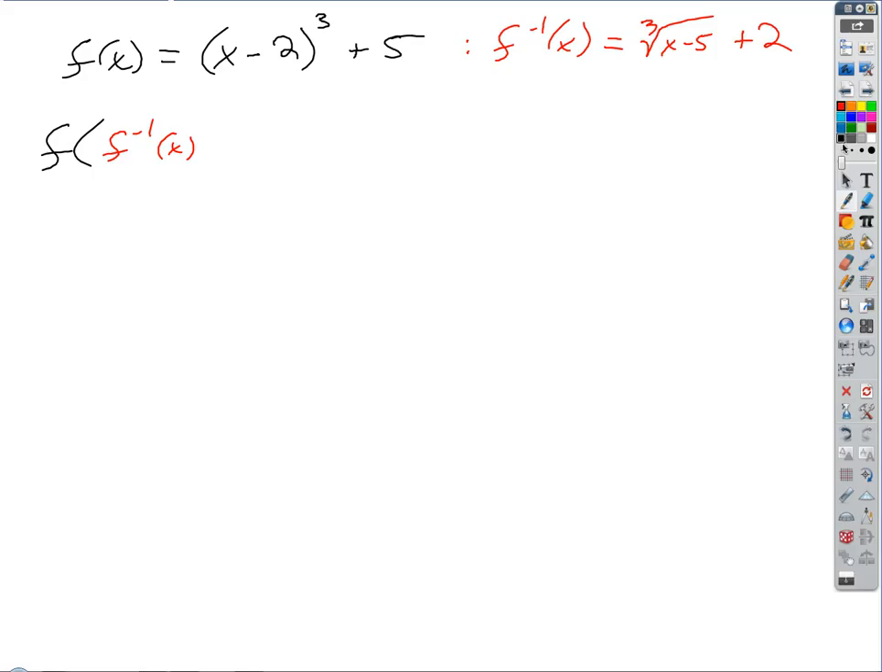So what's our rule? f of x says we're going to take x minus 2, quantity cubed, plus 5, right? So if the input is f inverse, then we're going to get